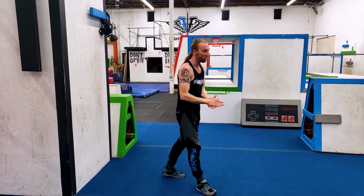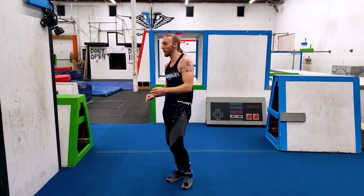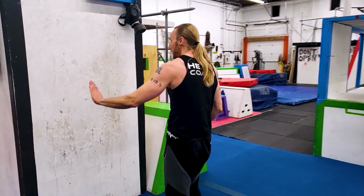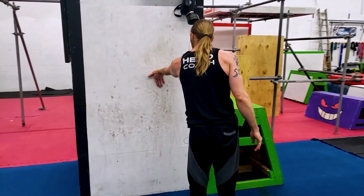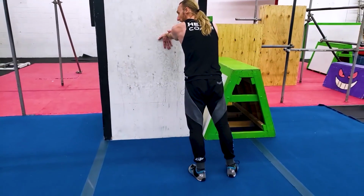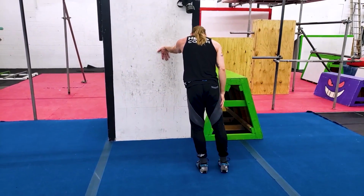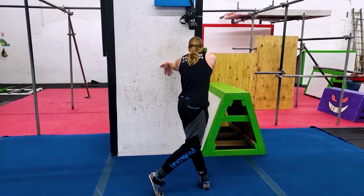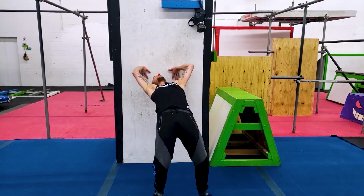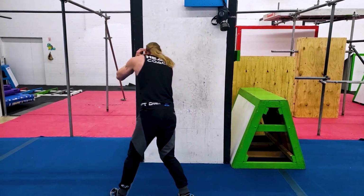Cool. This next one is a little bit more complicated. We're going to start facing toward the wall. You're going to take a hand, put it upside down on the wall like so. Your opposite foot from that hand then. So right now I've got my left hand on here. I'm going to use my right foot, bring it behind me, reaching my right arm up over my head all the way to that bridge, and then continue spinning to stand up on the other